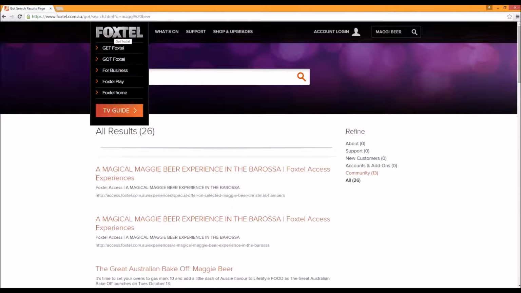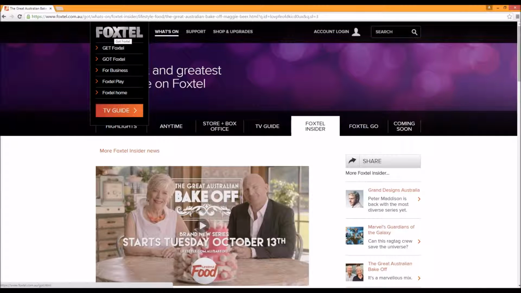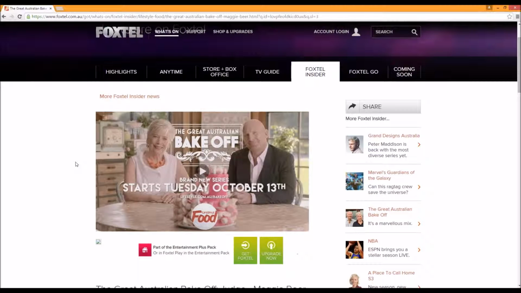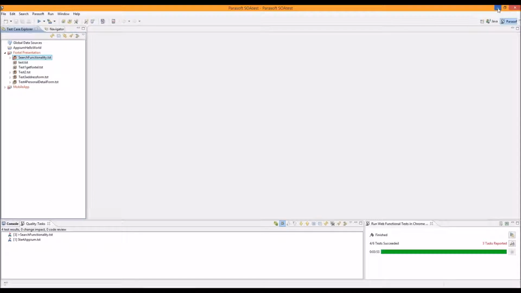From this list, we choose one of the TV shows that we want to take a preview of. In this case, we are clicking on the Great Australian Bake Off link, the third link in the list. Now you can see on the screen the preview of the video that we chose to run. In order to run the video, you need to have the Foxtel account. So at this point, let's stop this test case as we don't have the account to play it. Moving on,